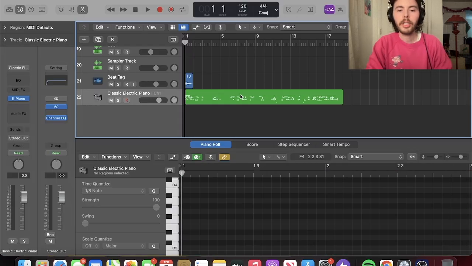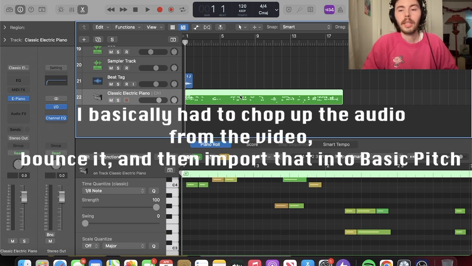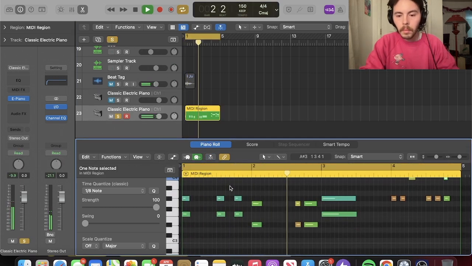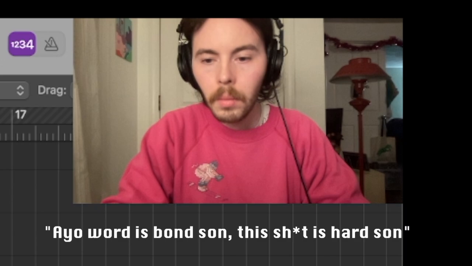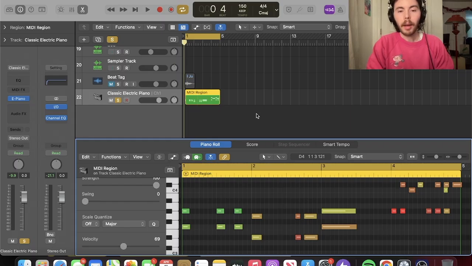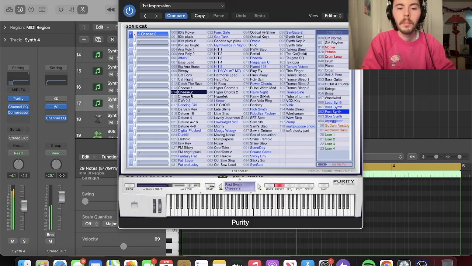My stem separation idea didn't pan out too well. The vocals from the video were just too loud. I actually had to manually chop in between vocals and get little snippets of the melody that was playing. It would have probably sounded really bad if I tried to chop it up, so I'm gonna still use the MIDI. Were there easier ways to do that? Yeah, probably, but this video is on using Basic Pitch, so we're gonna use Basic Pitch. I just want to find a more interesting sound than that electric piano.